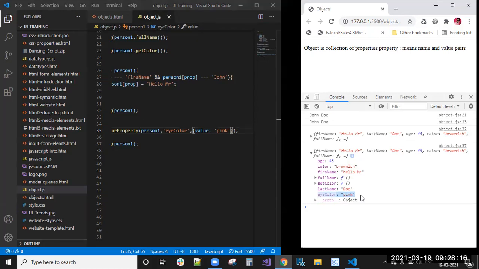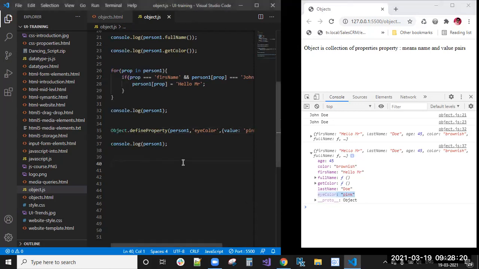Okay. That is Object.defineProperty. This first one is the object and the next one is the property. Next, this value is there, right?